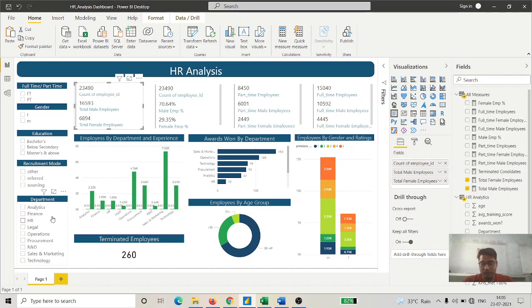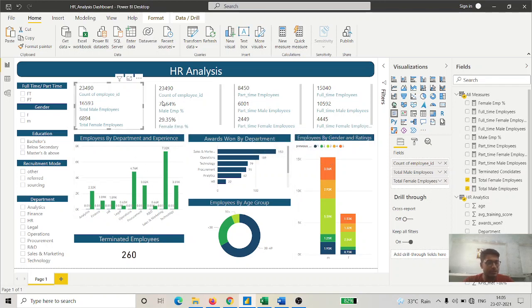I want to give you some suggestions. If you are using a slicer, then try to avoid these entities in the visuals. We can already filter our data according to department, so we don't need a particular bar chart for the department by employee ID.